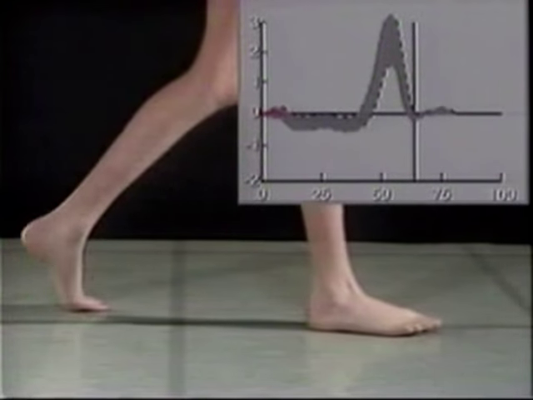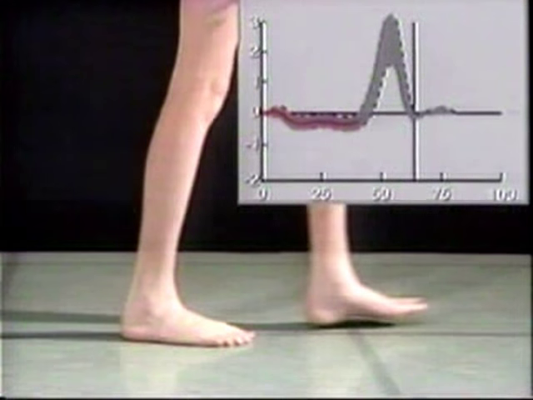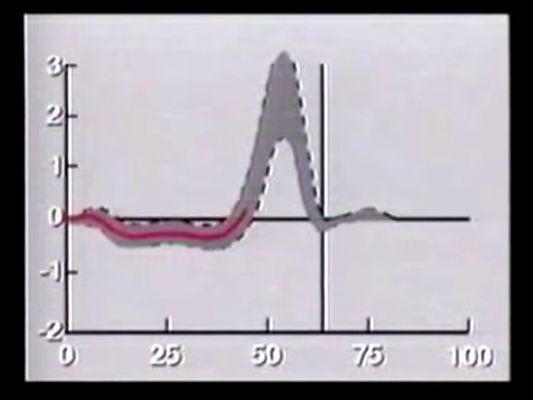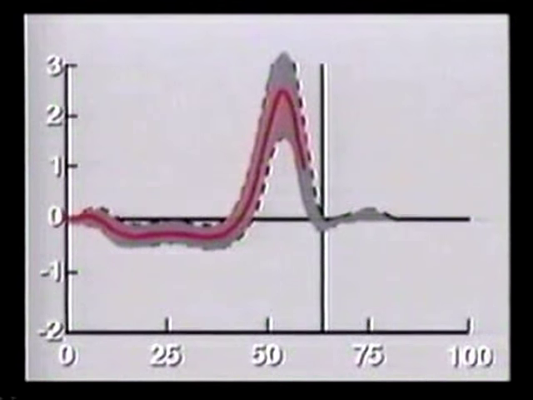Concentric contraction of muscle by definition produces acceleration. To maintain constant walking speed, the deceleration of the first two rockers must be balanced by the acceleration of the third. The acceleration force of third rocker peaks at the end of terminal stance and then falls rapidly to zero